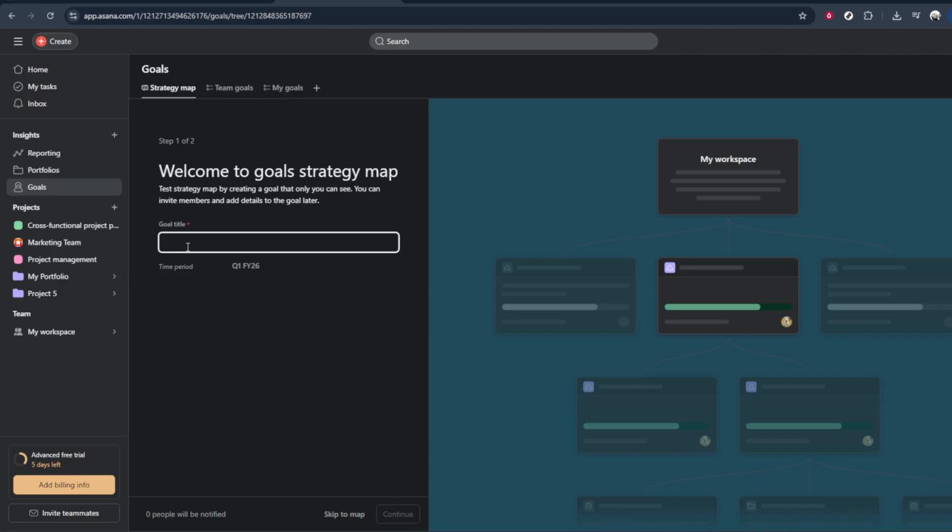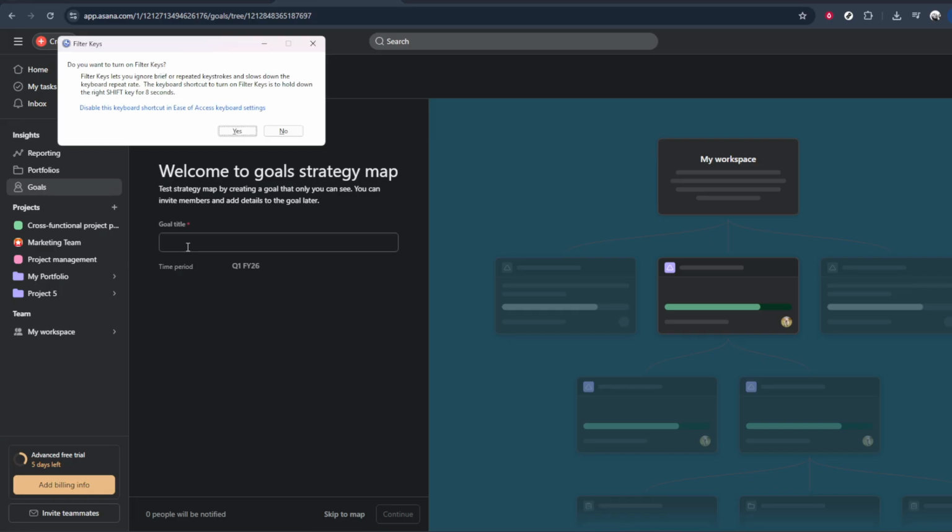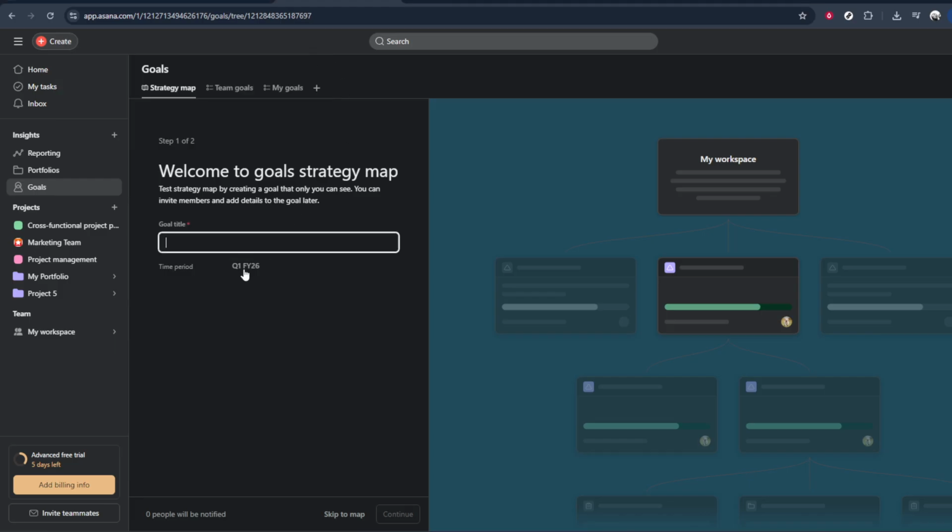Go ahead and click on Goals. This will open the Goals area, where you can see existing goals for yourself or your team, as well as create new ones. Once you're in the Goals section, look for the option to add a new goal. This is usually a button that says something like New Goal or Create Goal. When you click it, Asana will open a panel or window where you can start defining what you want to